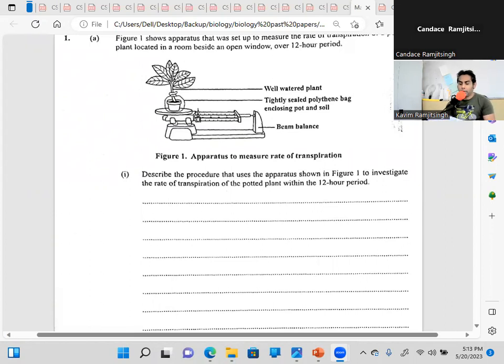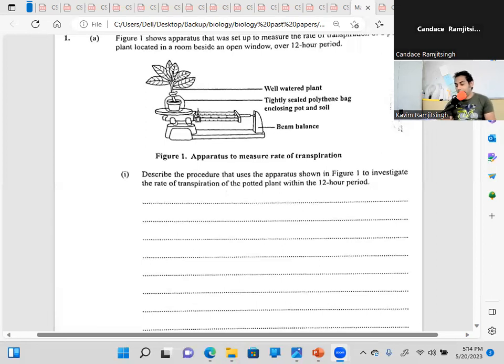The first procedure would have been to obtain a medium-sized potted plant. The second procedure would be to water the plant heavily and enclose it with a transparent polythene bag, covering the pot and the soil to the base of the stem. Then number three, you would measure the weight of the potted plant